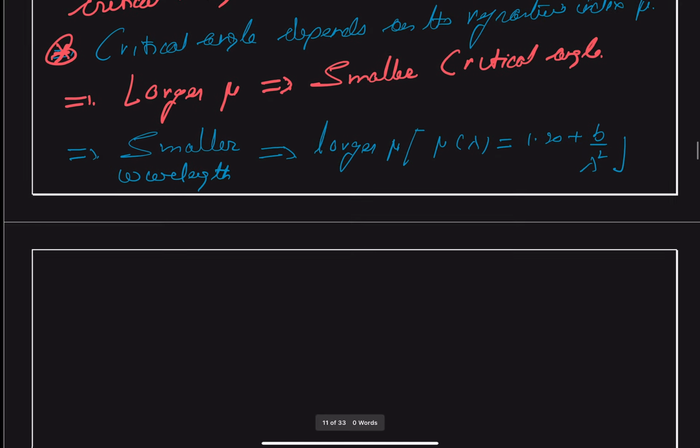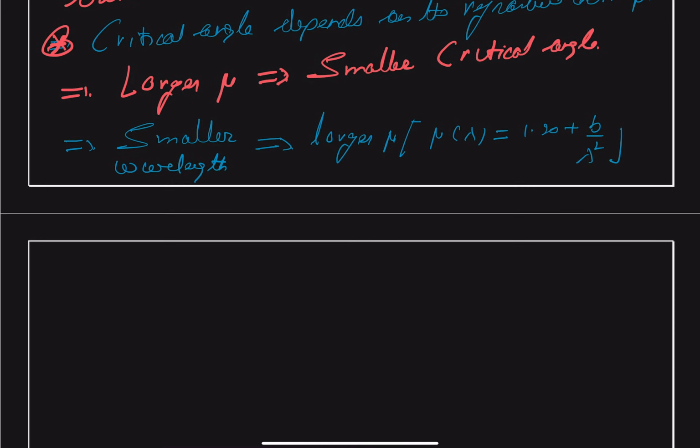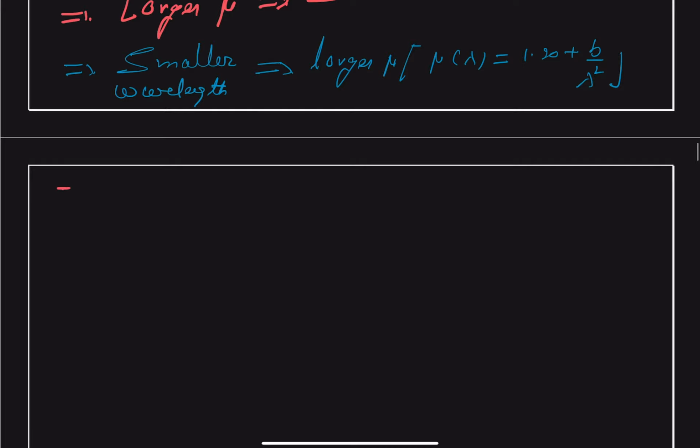So therefore the smallest wavelength among lambda 1 and lambda 2 is lambda 1. So therefore we can say that lambda 1, which is our 4000 angstrom, which is basically a shorter wavelength,